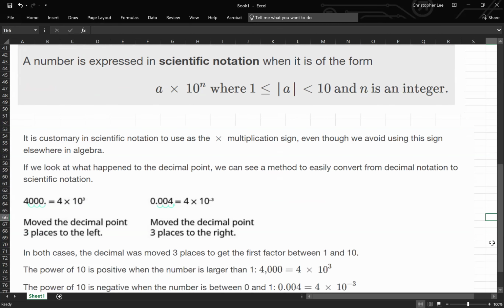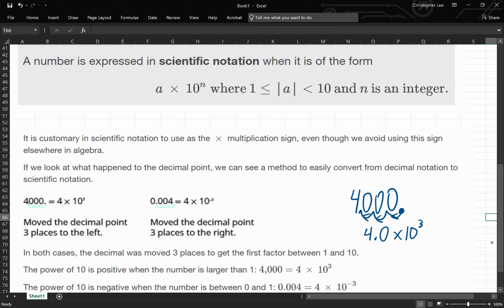So it's 4,000 decimal. There's a decimal right here, right? If I move the decimal one, two, three spaces to the right, then I get the 4.0 that I want times 10 to how many times did I move it? Three,